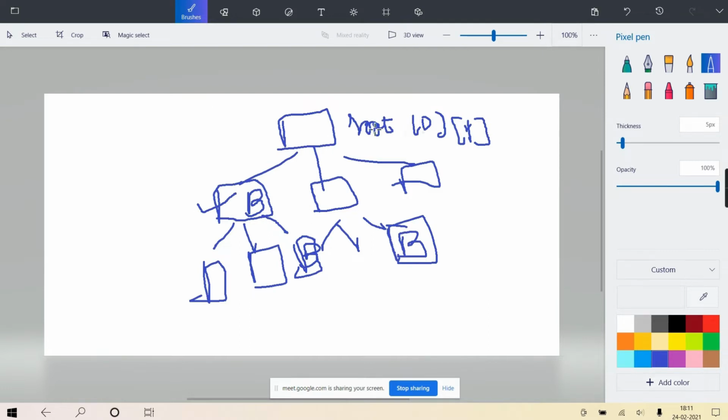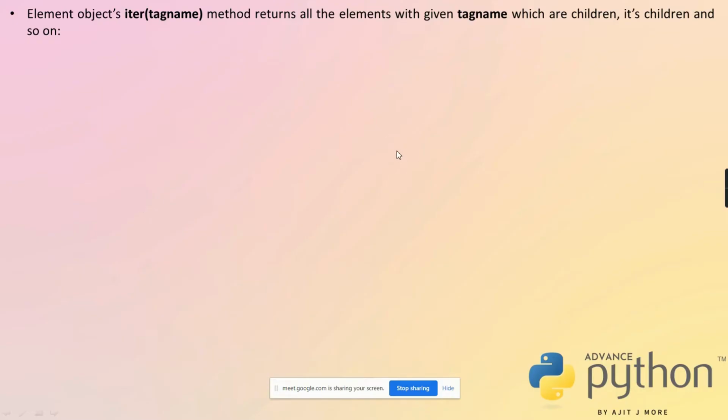Now I am writing root dot iter and giving the tag name B. It will give you all the elements with the tag name B, starting from root's children, their children, their children, going through the entire tree. So it will return a list of all these elements, and then you can traverse that list in a for loop.